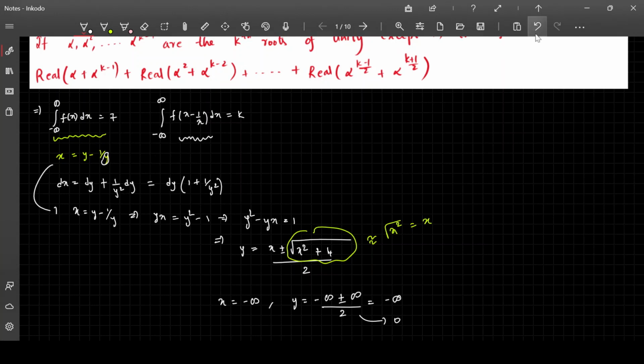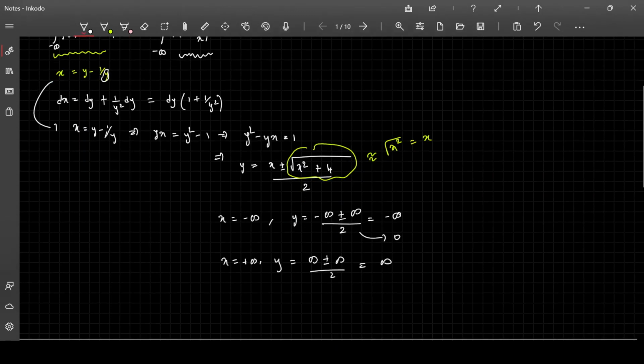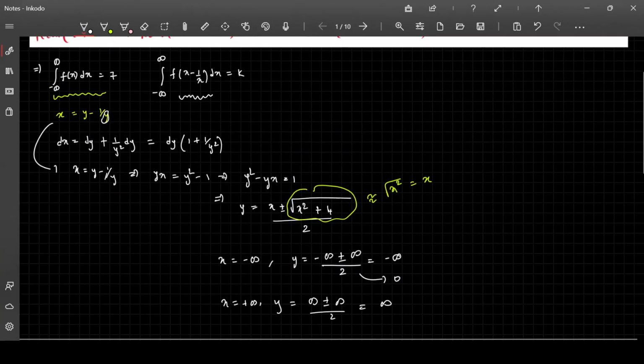Actually, all these things don't make sense, to be honest. How can you just approximate infinity and do all these things? But still it works out fine, and that is the reason. These are the things that will finally result in the same value when you do it in the conventional method. So when you put x is equal to plus infinity, y would be infinity plus or minus infinity by 2 and the same answer, so you will get infinity, you cannot take the value as 0.